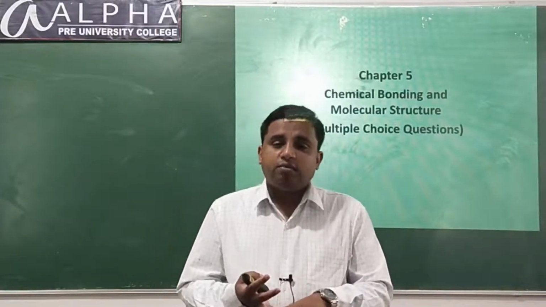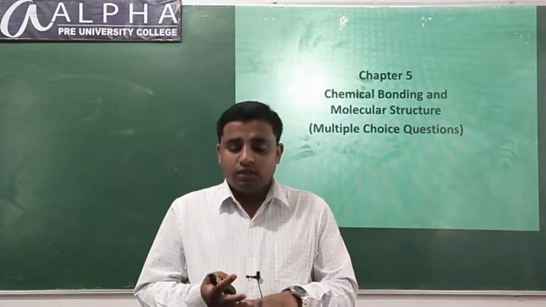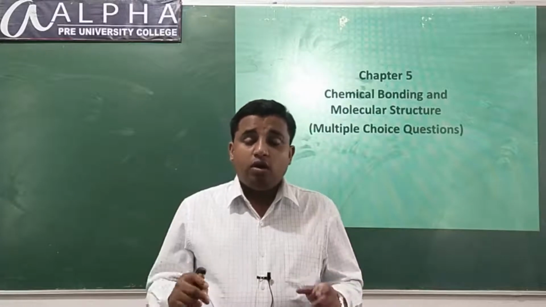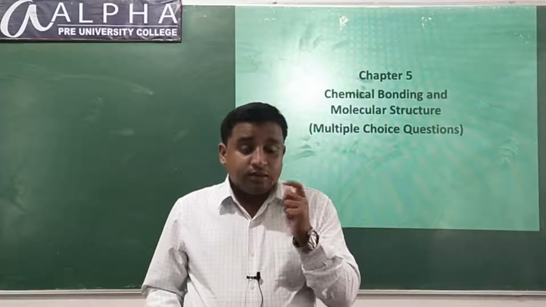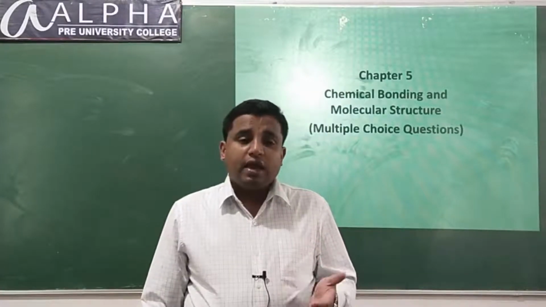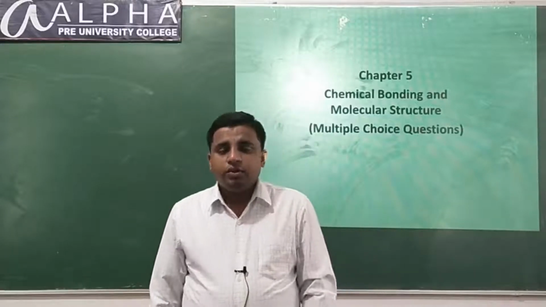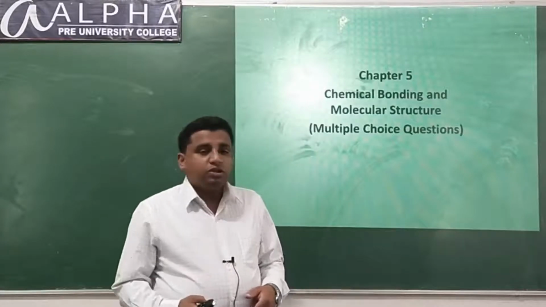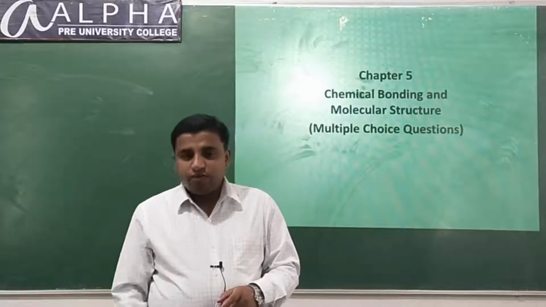And then valence bond theory. There you will talk about hybridization, and then molecular orbital theory. And above all, what is most important is octet rule and the limitations of octet rule, formal charge, how to calculate formal charge, and how to write the Lewis dot structure. So if you know all these concepts, then solving the multiple choice questions of this chapter will be very easy. So shall we start with the first question?